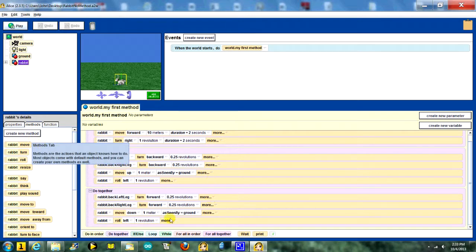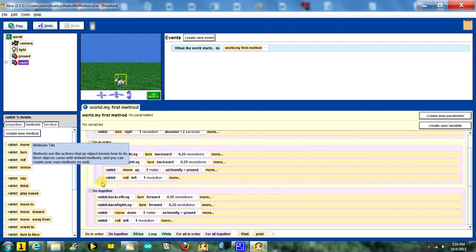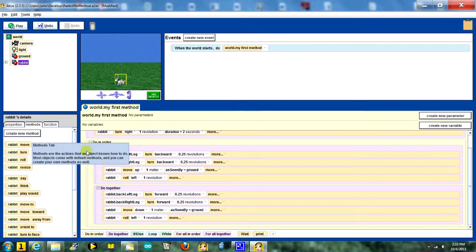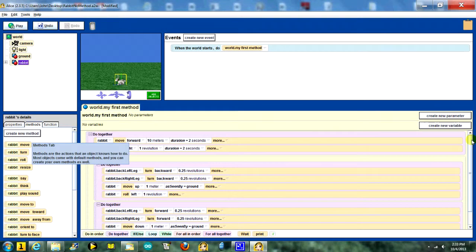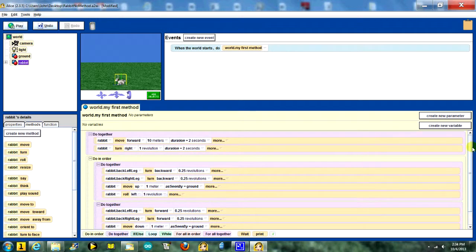So the first thing I want to do is put a do in order block up here. I'll put it right there since I have this window in my way. And I'm going to bring this one down and drop that in place, and then bring this one up and put it in place. Try and get rid of that. Well, it doesn't want to go away. There we go. Now it's gone. Okay, so now I have these things in a do in order block. I can put them on the clipboard